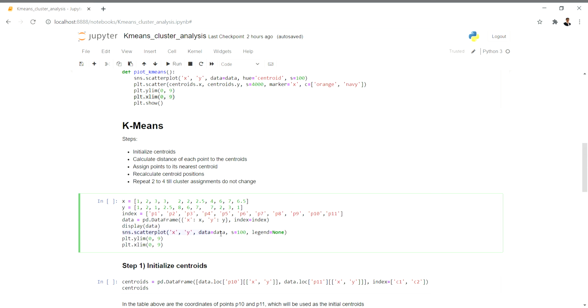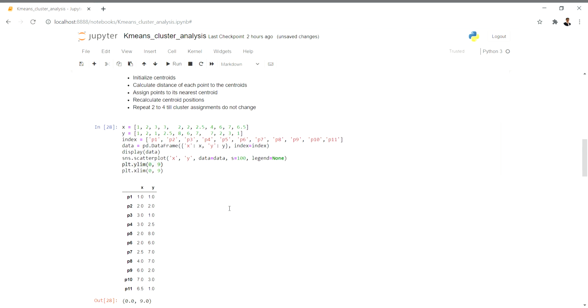And this is a scatter plot. For all the points, when you want to put them onto the Cartesian coordinates, this particular line does that, and plt xlim and ylim are 0 to 9. I'll just execute this. You can see this is the result of calling display.